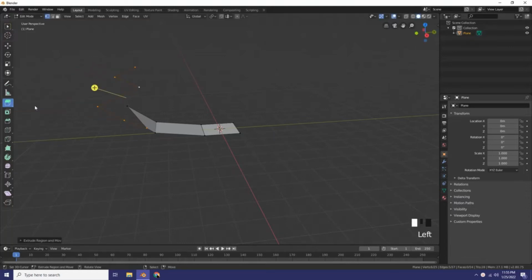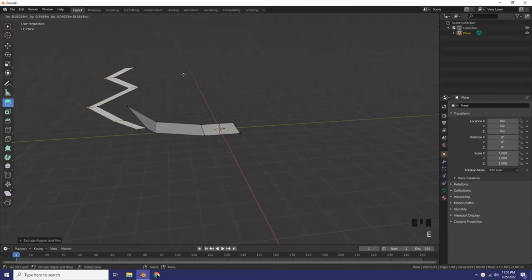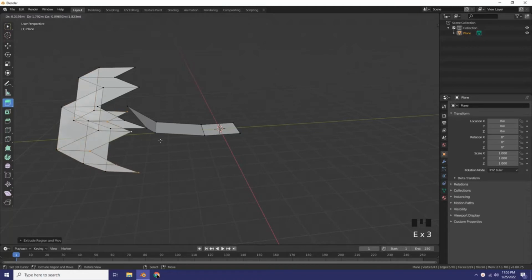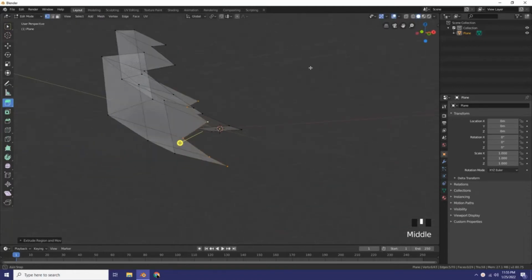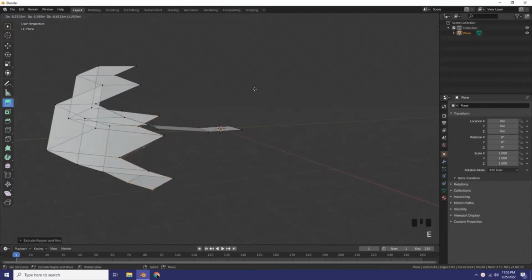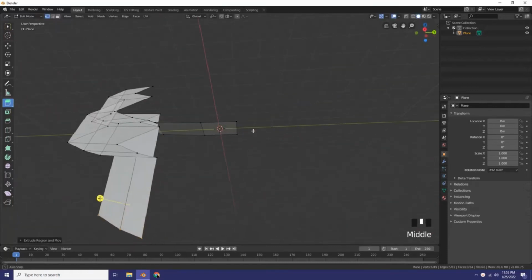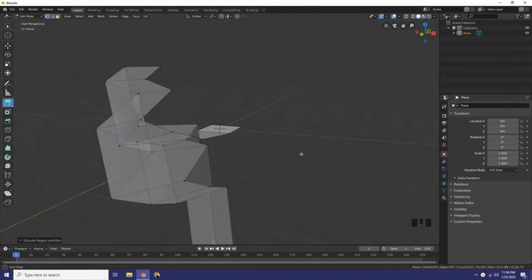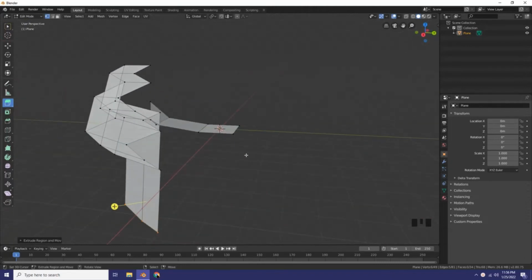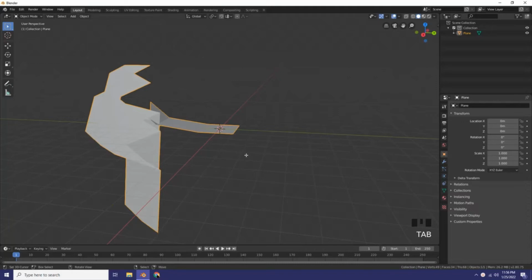We'll move the vertex, and now we'll go to extrude through region. Select extrude through region, and there you can see we can do the extrude by the region. Okay, we'll delete everything,